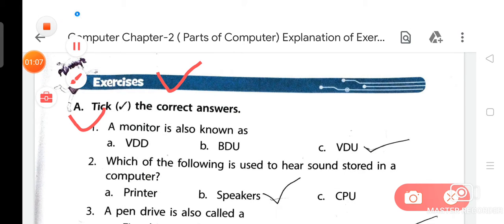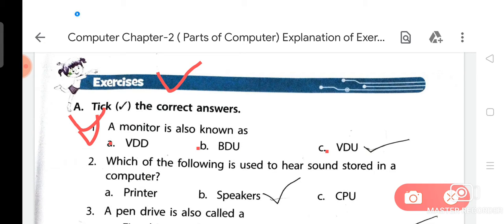Exercises. Question A. Take the correct answer. Question number first: a monitor is also known as. Option A is VDD, option B is BDU, and option C is VDU. In your chapter you have already read that a monitor is also known as Visual Display Unit.